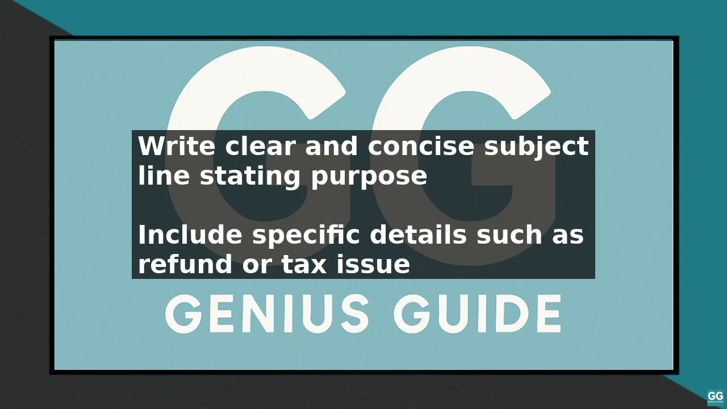When writing the body of the letter, use a formal tone and avoid using jargon or technical terms that you are not familiar with. Instead, focus on clearly explaining your issue or request, and provide any supporting documents or evidence that may be required. After completing the body of the letter, sign it and mention your designation, such as taxpayer